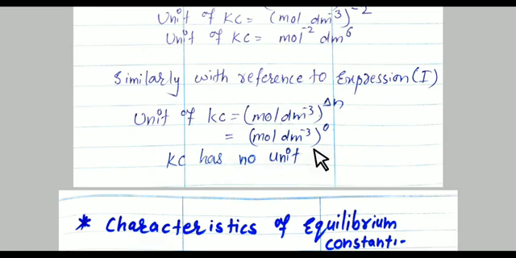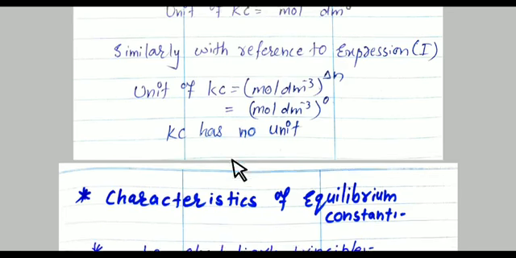Because in reaction number 1, which we have already studied above, the number of moles of product is 2 and the number of moles of reactant is again 2, so 2 minus 2 is equal to 0. When we apply this in the formula, in place of delta n we have to put 0. So what does it mean? It means that if the power is 0, Kc has no unit. So it is the simplest way for the calculation of the unit for equilibrium constant Kc.